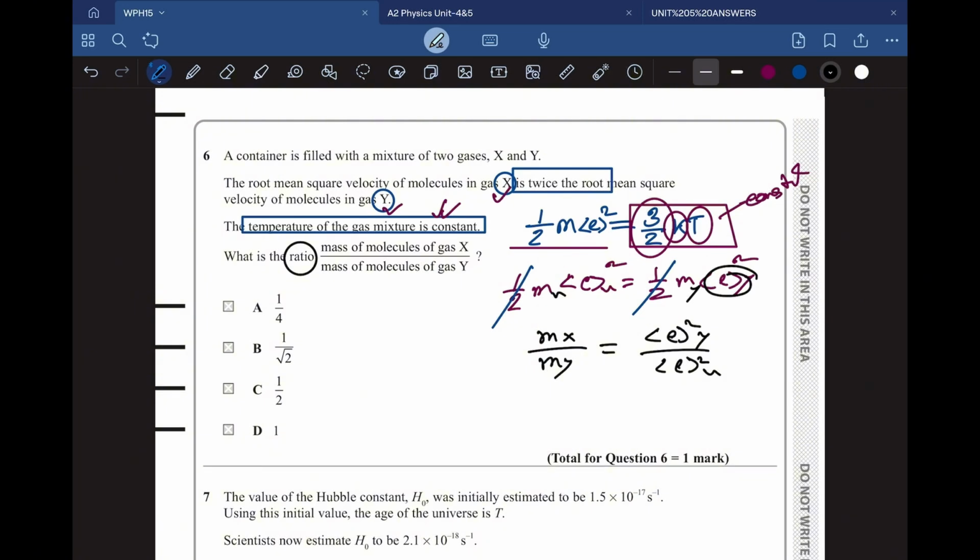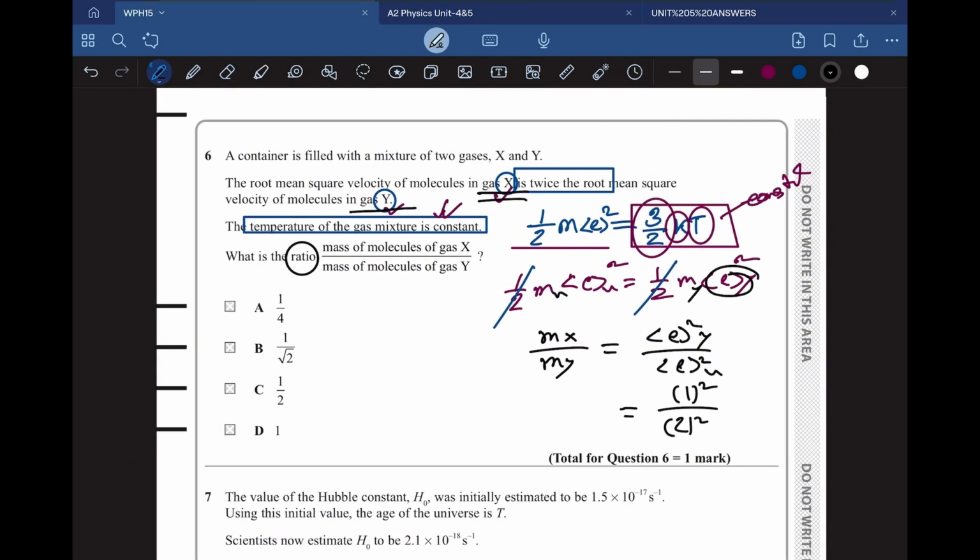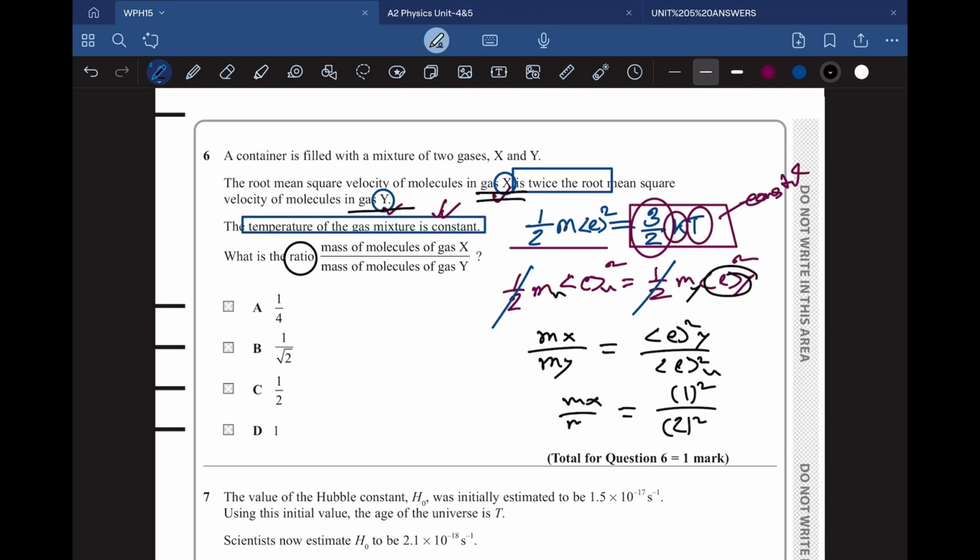Now here they have said that the root mean square velocity of X is twice the root mean square velocity of Y. So if Y is 1, then X is going to be 2, right? So we can write it down like this, 1 squared divided by 2 squared is equal to mx by my, which can be written as 1 by 4. So the ratio of mx by my is equal to 1 by 4, because the root mean square speed of Y was